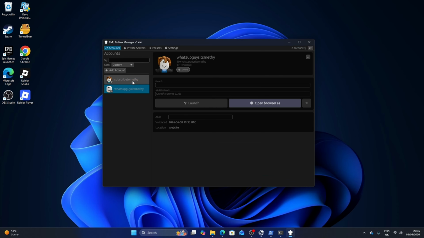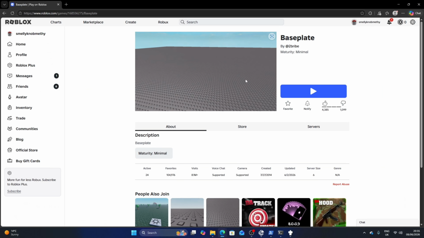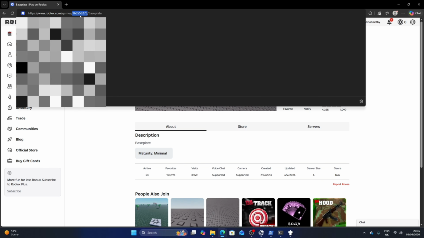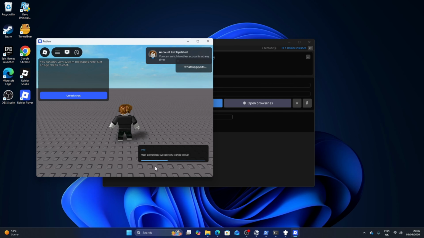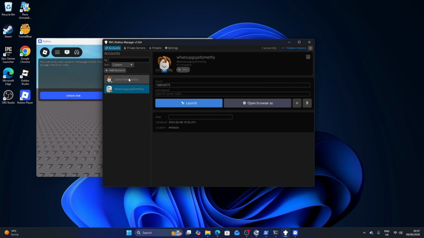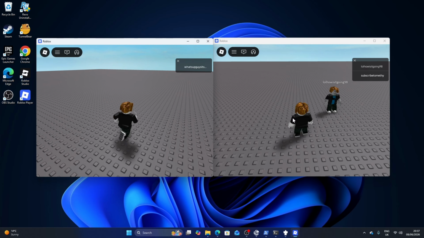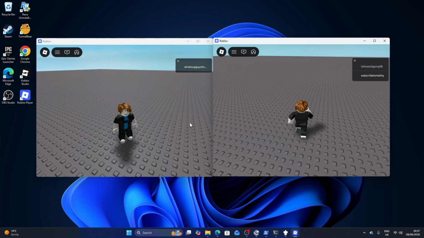So guys, you're going to click on one of the accounts and you're going to find the place ID that you want to join. As you can see, I want to join the base plate, so I'm going to copy this. So guys, what you want to do when you've got your place ID is paste it here and press launch. And boom. We've initialized in this window, and now we're going to go to the other one and then press launch, and as you can see we've got 2 Roblox windows open,